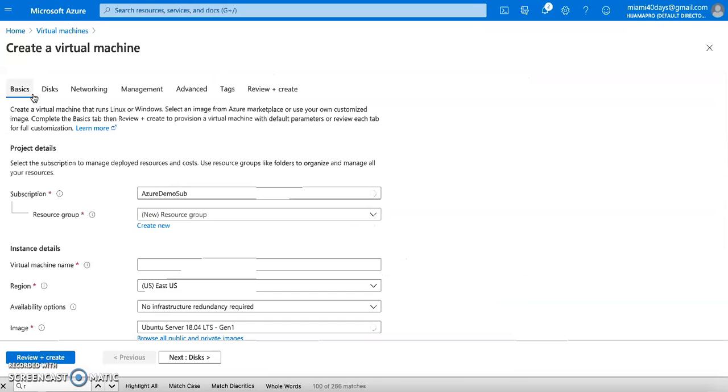So now the moment I create a virtual machine, if you see here, it is asking me for the resource group. The resource group which I've created, test RG, is coming here. So this is how you can go and create a resource. In our case, it was a virtual machine, and you can assign this virtual machine to the specific resource group. This is how you can keep on creating new resources, and it will go in a specific